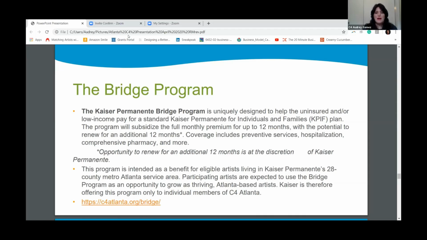What does it cover? It is basically a Kaiser Gold plan that you can go and buy on the ACA exchange. They offer it right now. It's the same plan. The difference is that if you are on the Bridge plan program, then Kaiser covers the cost of your monthly premium and they cover that copay for you. So it's the same insurance that you can get on the marketplace right now. It's really, really good insurance. And again, the only change being that Kaiser offers that subsidy to people on the program to help them pay for it. But the coverage level is the same as an ACA Gold plan that you can buy right now.